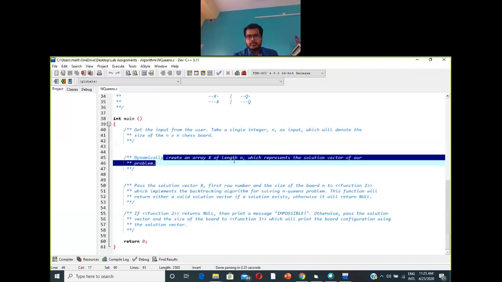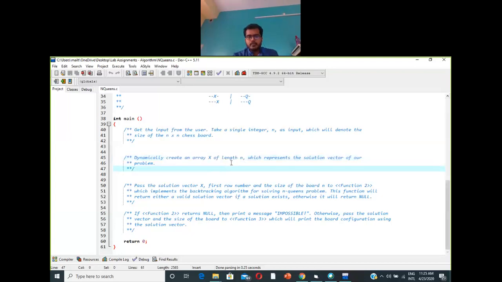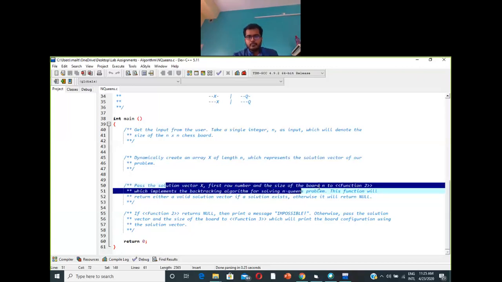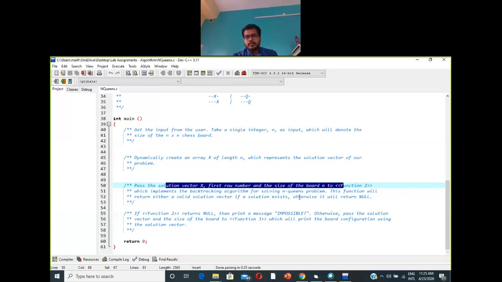So we'll create the solution vector x of length n, and we'll pass this solution vector, the first node number, and the size of the board n to the function which will implement the backtracking algorithm of solving the N-Queen problem. This function will return either a valid solution vector if a solution exists, otherwise it will return null.